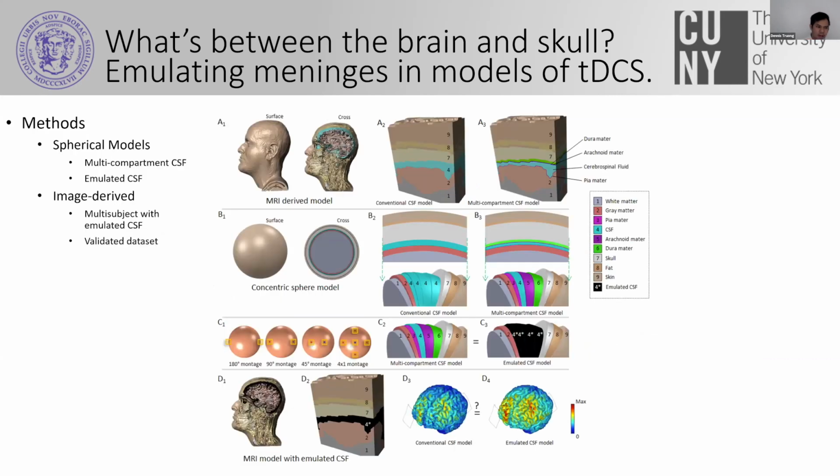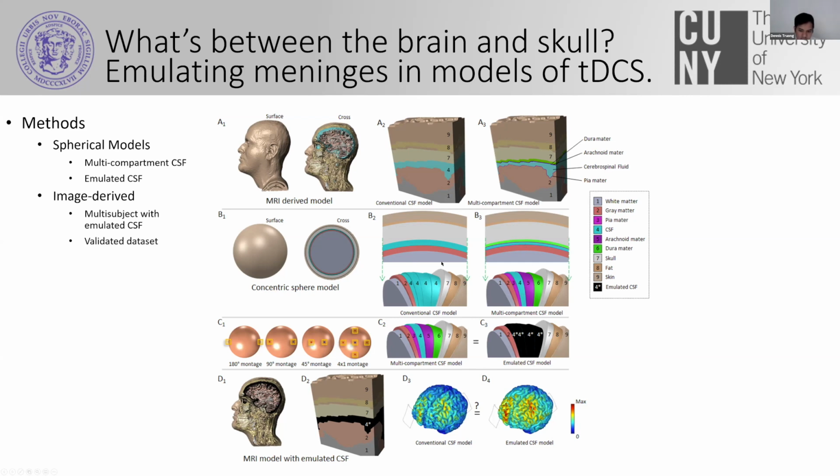So the plan we devised to tackle this problem consisted of a couple different levels of models. We started off with actually spherical models, just because, one, these could be CAD models, they could be meshed directly from like a vector-based surface, and we can model these very thin layers much more efficiently. We could then try to emulate the effects, the presence of these very, very thin layers using just the CSF